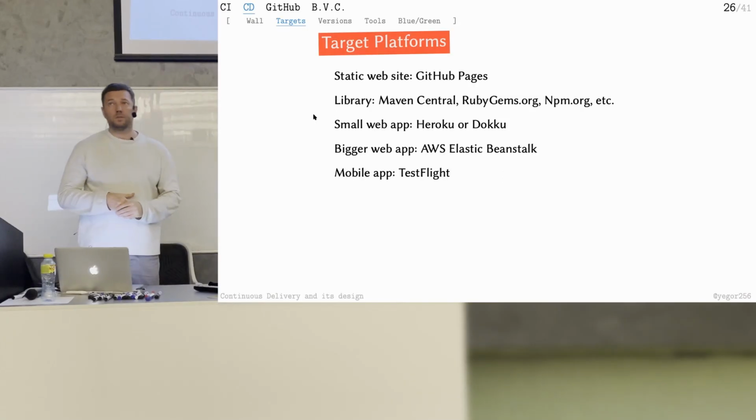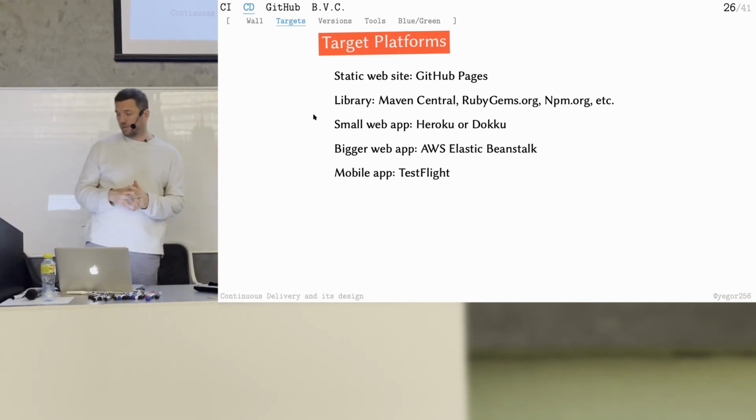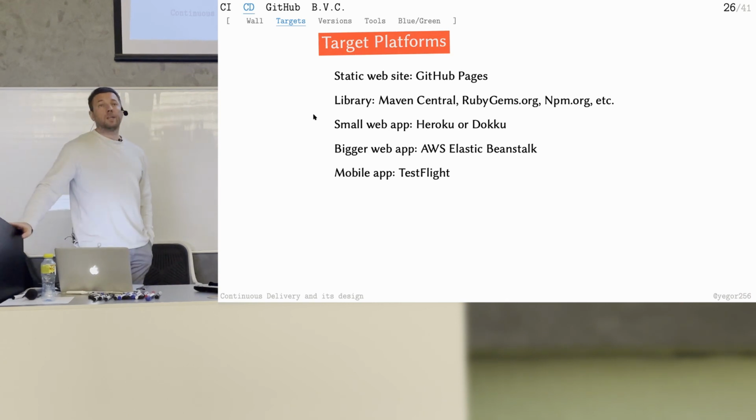The next option for deployment, if you do a mobile app, is TestFlight. As far as I know, I'm not really an expert in mobile development, but I know we used it for a few applications. TestFlight is like a platform where you automatically, continuously deploy stuff, and it is integrated with, for example, the Apple Store, and from TestFlight you can somehow automatically move to the Apple Store. Why did I show you these target platforms?